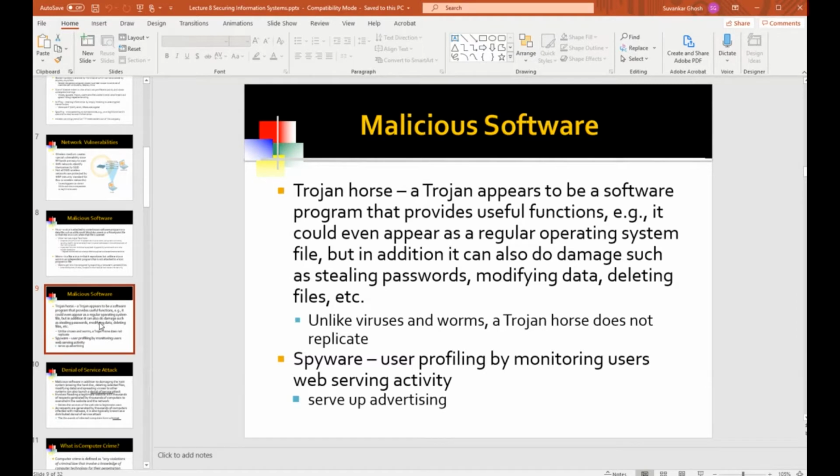So that's the negative aspect of spyware, but it isn't really malware installed on your PCs or servers. At least that's my interpretation, and an interpretation held by many other people.